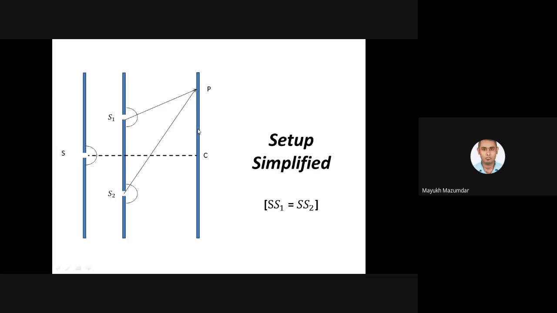But the difference at this one will be different. That is, x2 minus x1 is different for different points. Are you getting it? At a particular point, x2 minus x1 is constant. But what about the point just below or just above it? Are you getting what I'm telling? Yes, sir. x2 minus x1 is the path difference.